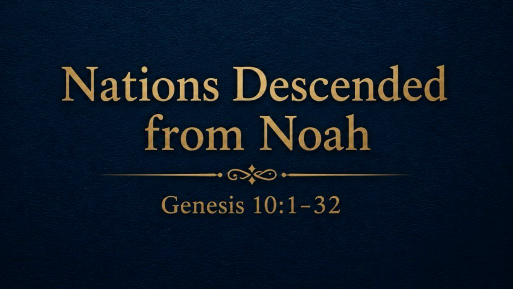Thus, Genesis 10 is more than a record of ancient ancestry. It reveals God's sovereign oversight of history, his concern for all peoples, and his purpose to unite humanity through the covenant blessings that would ultimately reach the nations. The chapter stands as a testimony that history is not a collection of disconnected events, but the unfolding of God's plan from one generation to another, until his purposes are fully realized.